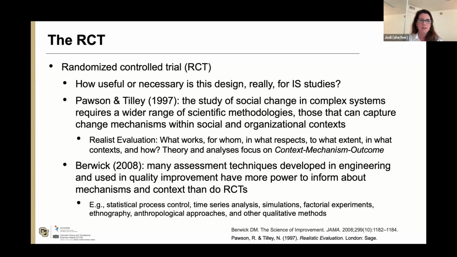Berwick noted that many years ago, many assessment techniques were developed in engineering and used in quality improvement, and they have more power to inform about mechanisms and context than RCTs. So, for example, statistical process control, time series analysis, simulations, factorial experiments, ethnography, etc., and other methods might really get you more bang for your buck with what you're really trying to answer in more of an implementation outcomes kind of